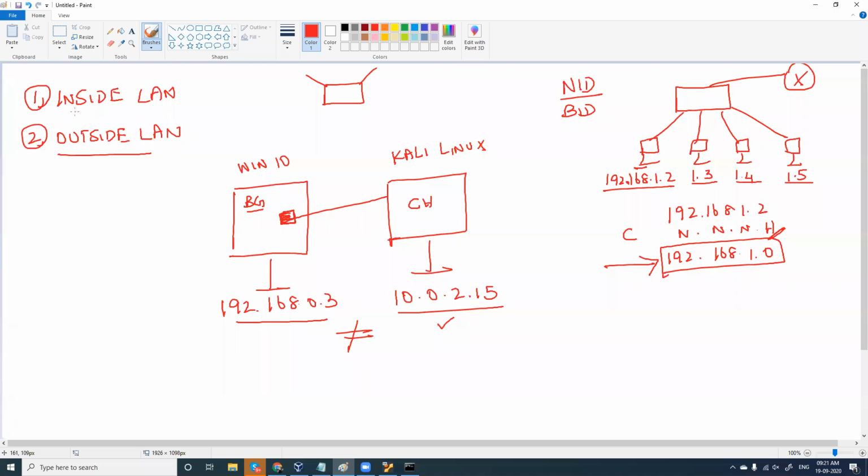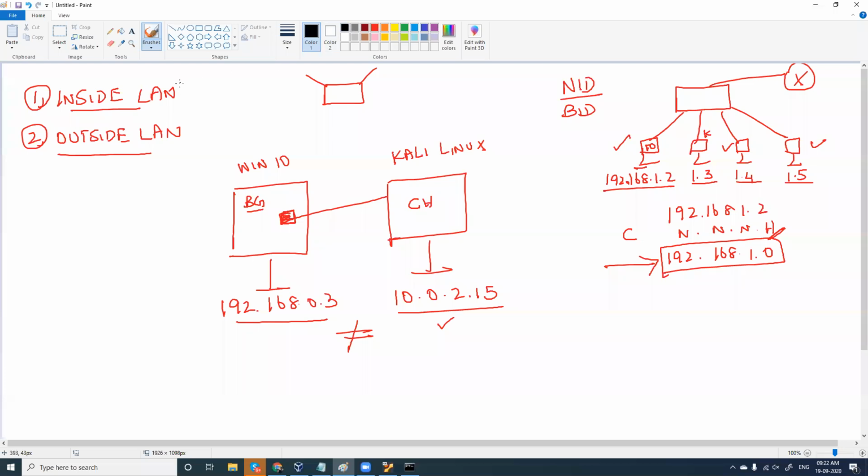But in case you want to look at Kali Linux as a computer which is inside your LAN, like this. This is my Windows 10 and this should be my Kali Linux. If you want a scenario like this, for most cases in the initial stages, we want Kali Linux to be in our LAN. Why? Only then you can scan all the computers. You can see what other computers are doing and a lot of different things.